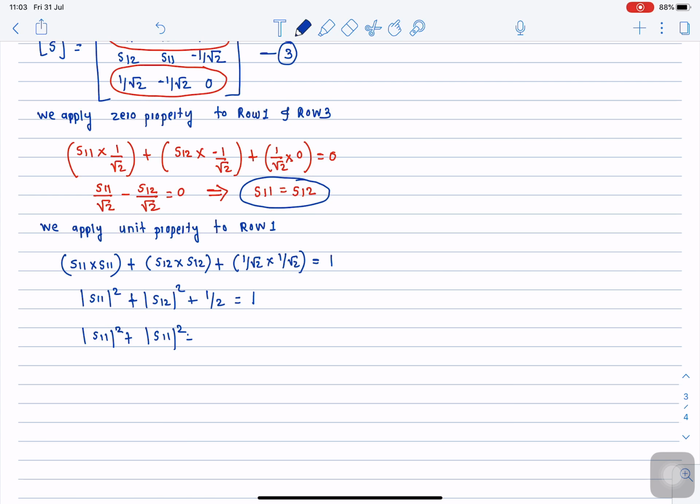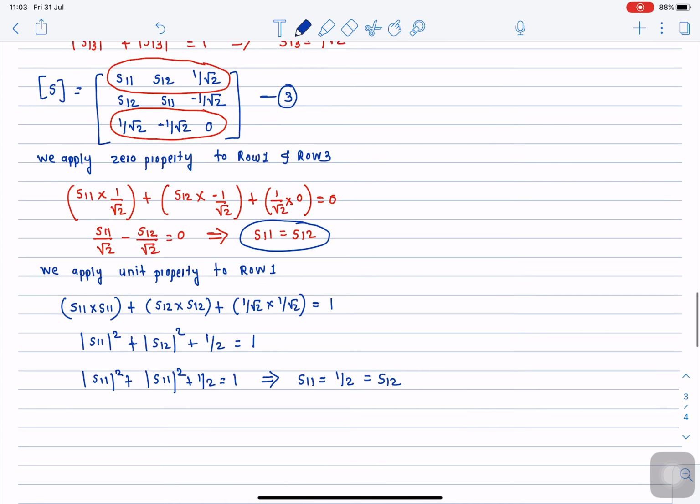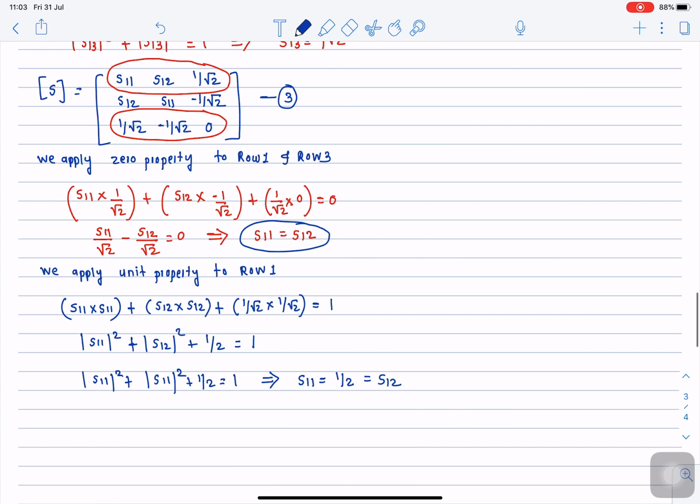So what this particular equation gives, if you simplify, is S11 equal to 1 by 2, and that is the same as S12. Okay, so we know the value of S11 and the value of S12. So you replace these values of S11 and S12 in equation number 3, and if we substitute the values,